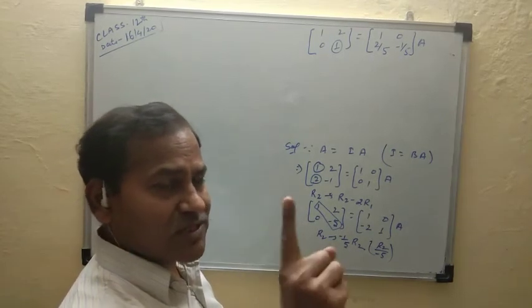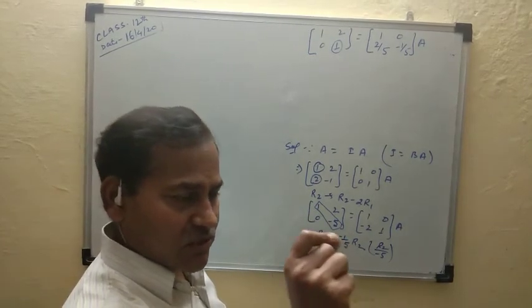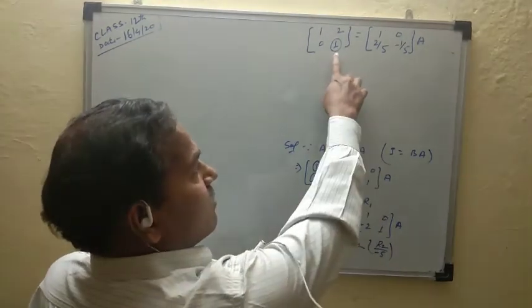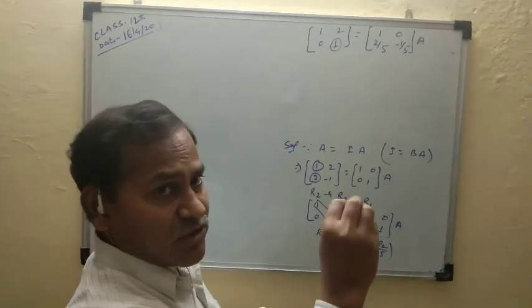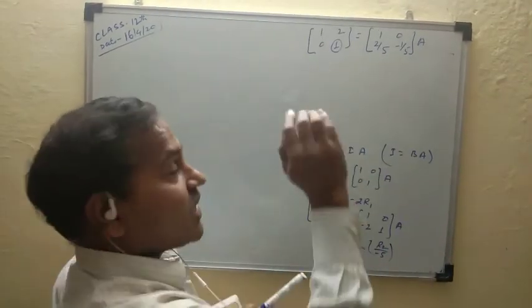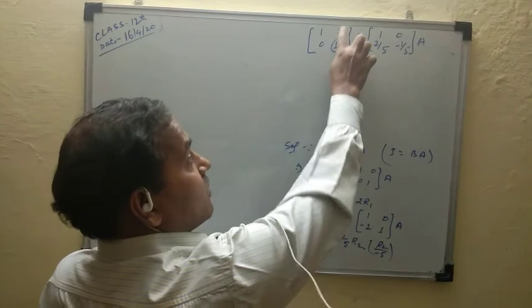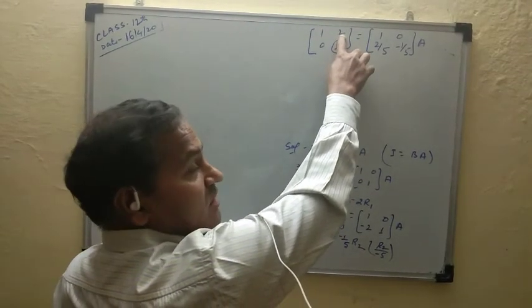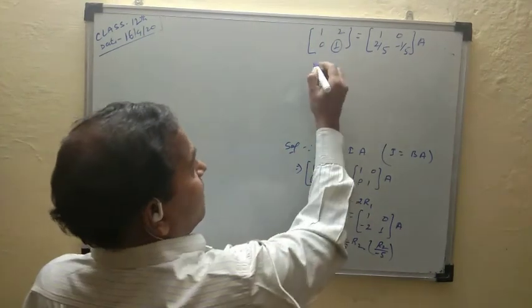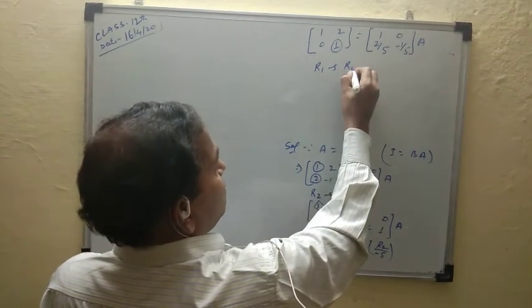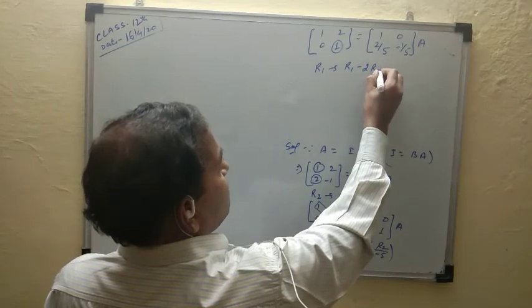Next the diagonal is made 1, then make 0 in R1, that is above this element. So first make this element 0. So using this property, R1 changes into R1 minus 2R2,